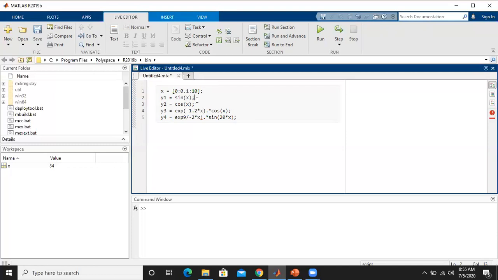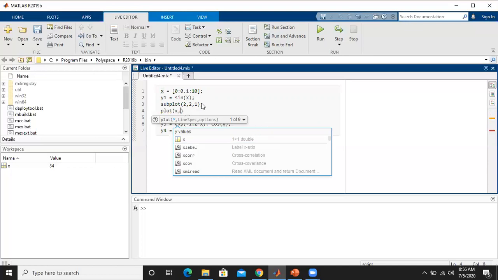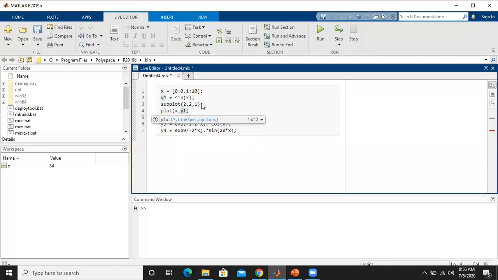Now we have to call the subplot function. So subplot. Now we are going to divide a single window into 2 rows and 2 columns. So 2 rows, 2 columns, and in the first part we are going to plot our first function. So that we have to type subplot 2 comma 2 comma 1. Now in that you just plot your first function. So here horizontal one comes first, that is x. Later type the function which you want to plot against the values of x, right?